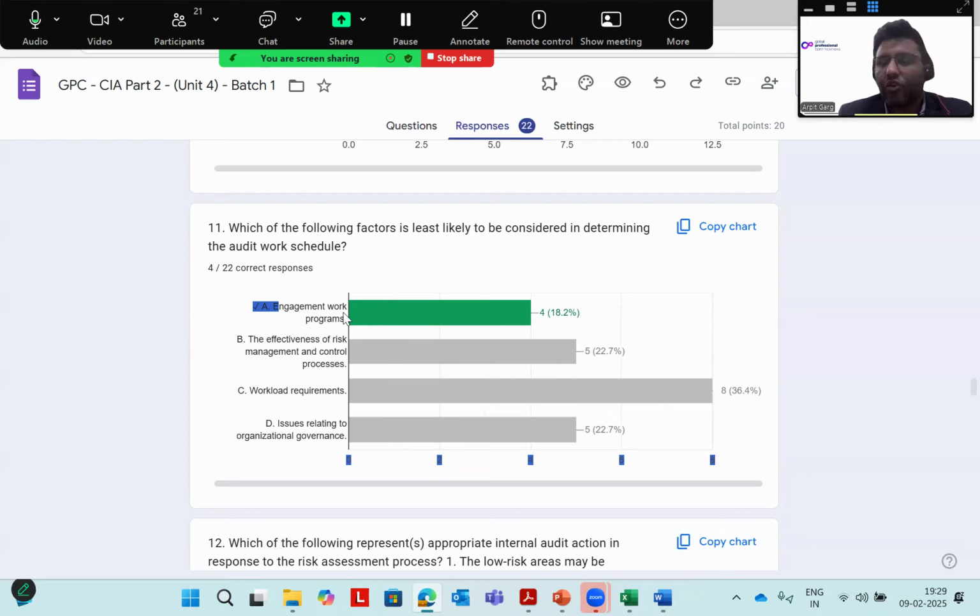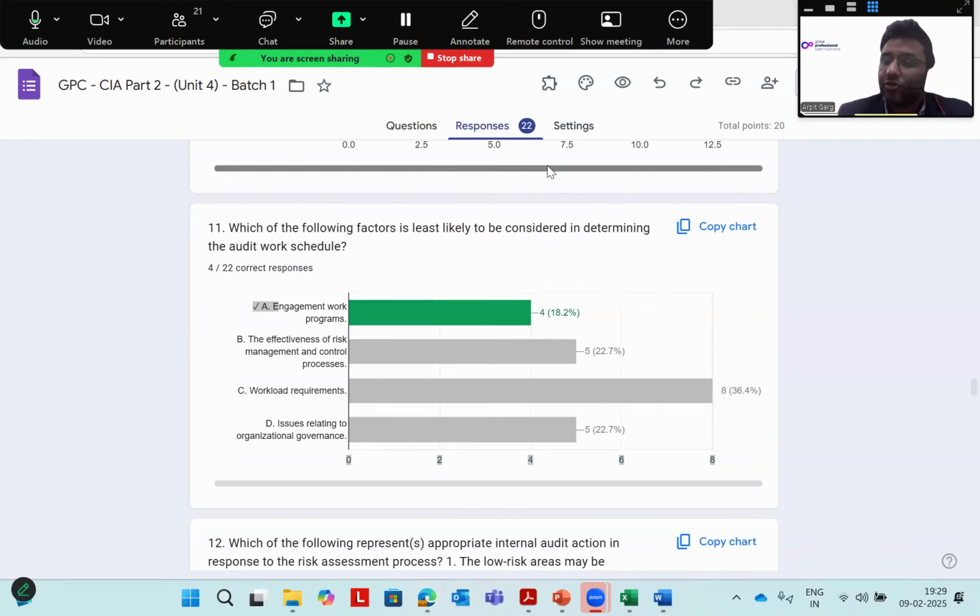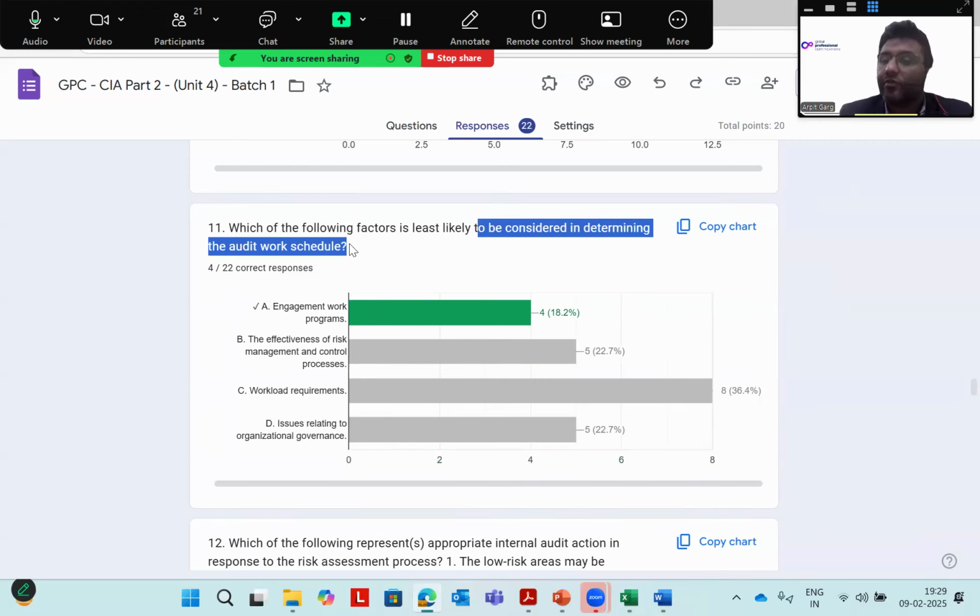When we understand in the later part of the topics what the engagement work program is, then we will understand that generally in a work program you will see what your engagement objective is, what your engagement scope is, what the engagement procedures are that we need to apply, who will check this, why, how they will check it, and by when this will be checked. Everything is documented in the work program. That is part of your engagement planning exercise. So which of the following factors is least likely to be considered in determining the audit work schedule? Your engagement work program